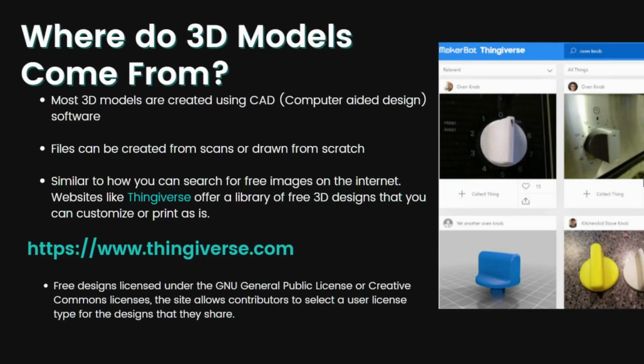Now, 3D printers create things from 3D models, but where do 3D models come from? So most 3D models were created using computer-aided design software, that's CAD software. Files can be created from scratch, or they can start with a scan. Scanning technology is becoming more readily available. It once was very expensive and hard to find. And similar to how you can search for free images online,